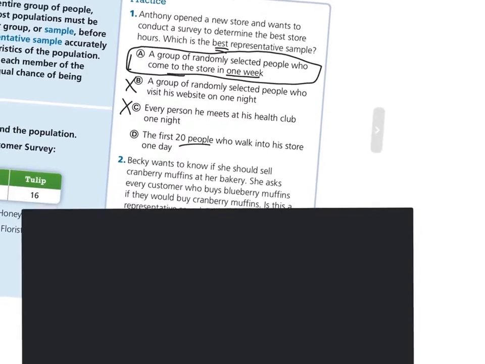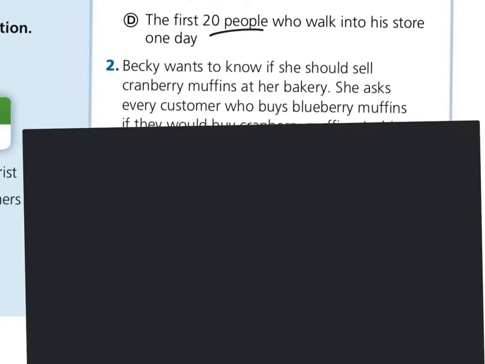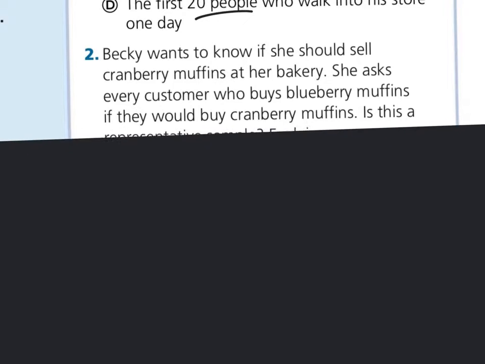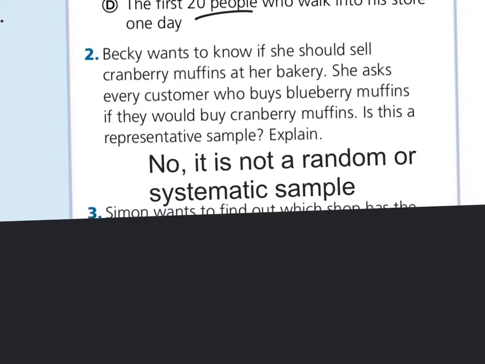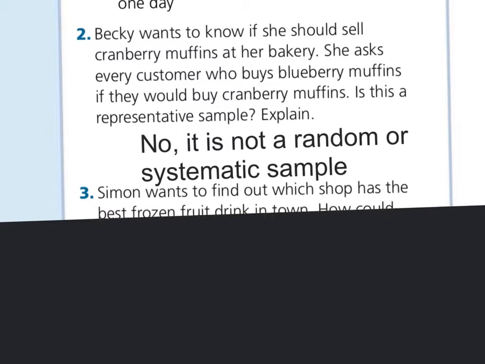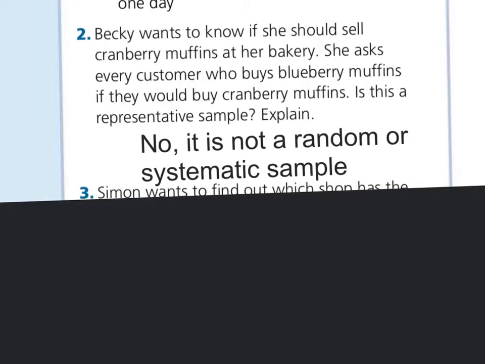If we look at number 2, Becky wants to know if she should sell cranberry muffins at her bakery. She asks every customer who buys blueberry muffins if they would buy cranberry muffins. Is this a representative sample, and explain? Probably on this one we would have to say no, because it's not a random or systematic sample. We're just asking people that are buying blueberry muffins. And so if you did not buy a blueberry muffin, you could not even possibly be